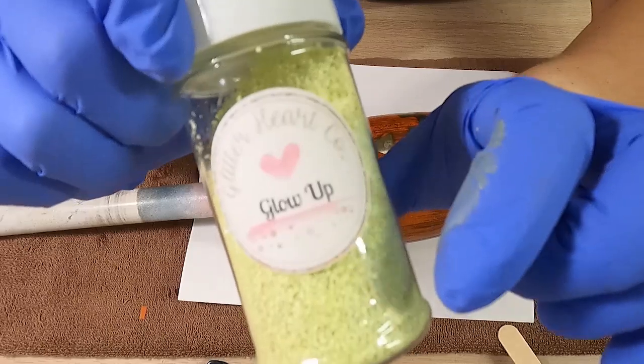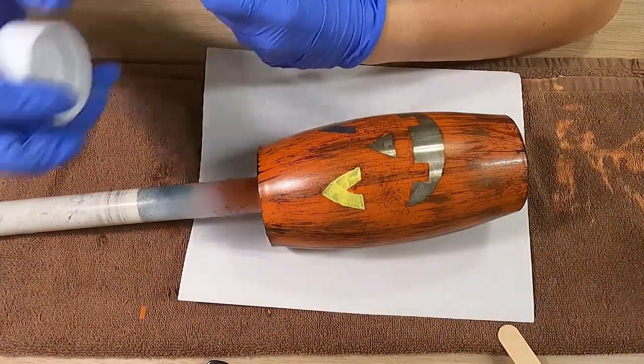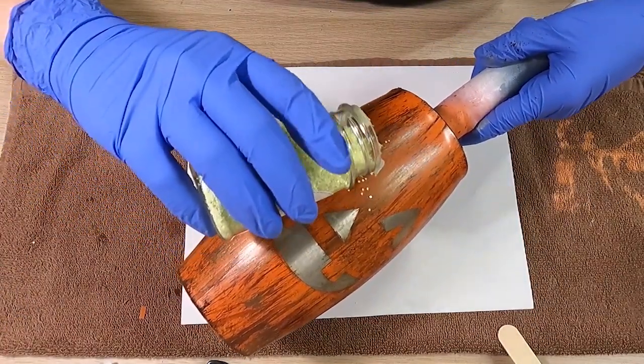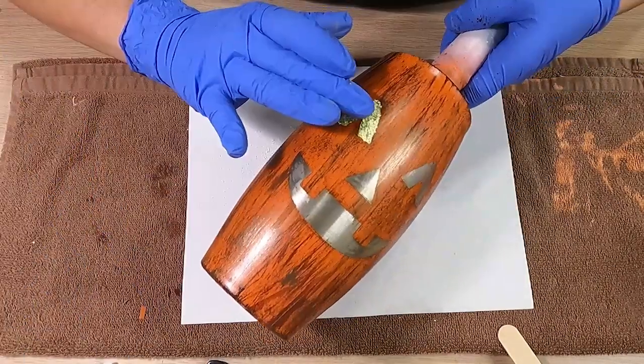Once I have the paint on part of the face, I'm going to go in with that glow-in-the-dark glitter, which is Glow Up from Glitter Heart Co. And I'm going to be sprinkling that on that eye area. Make sure you have some catch paper down so it can catch that excess glitter. And then as it is